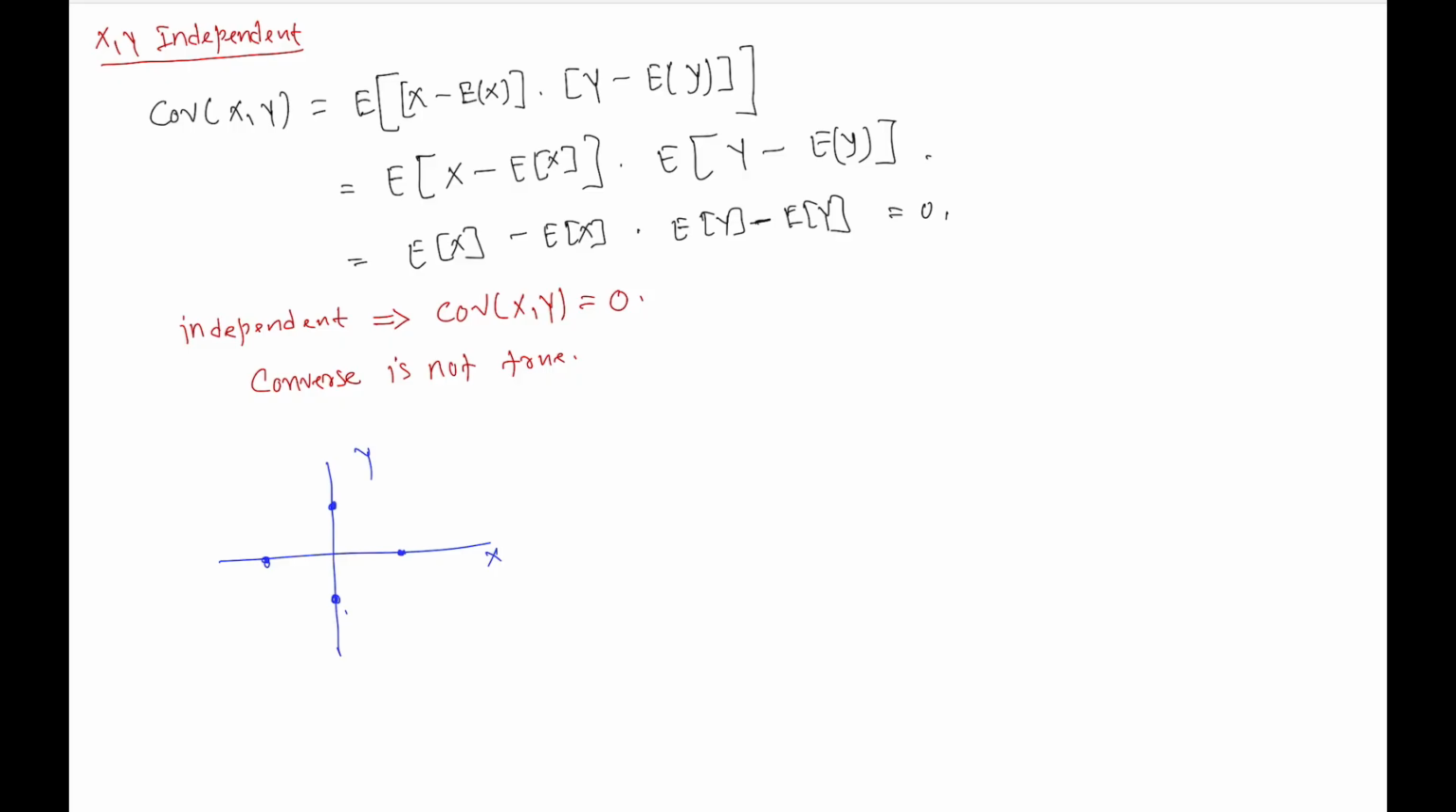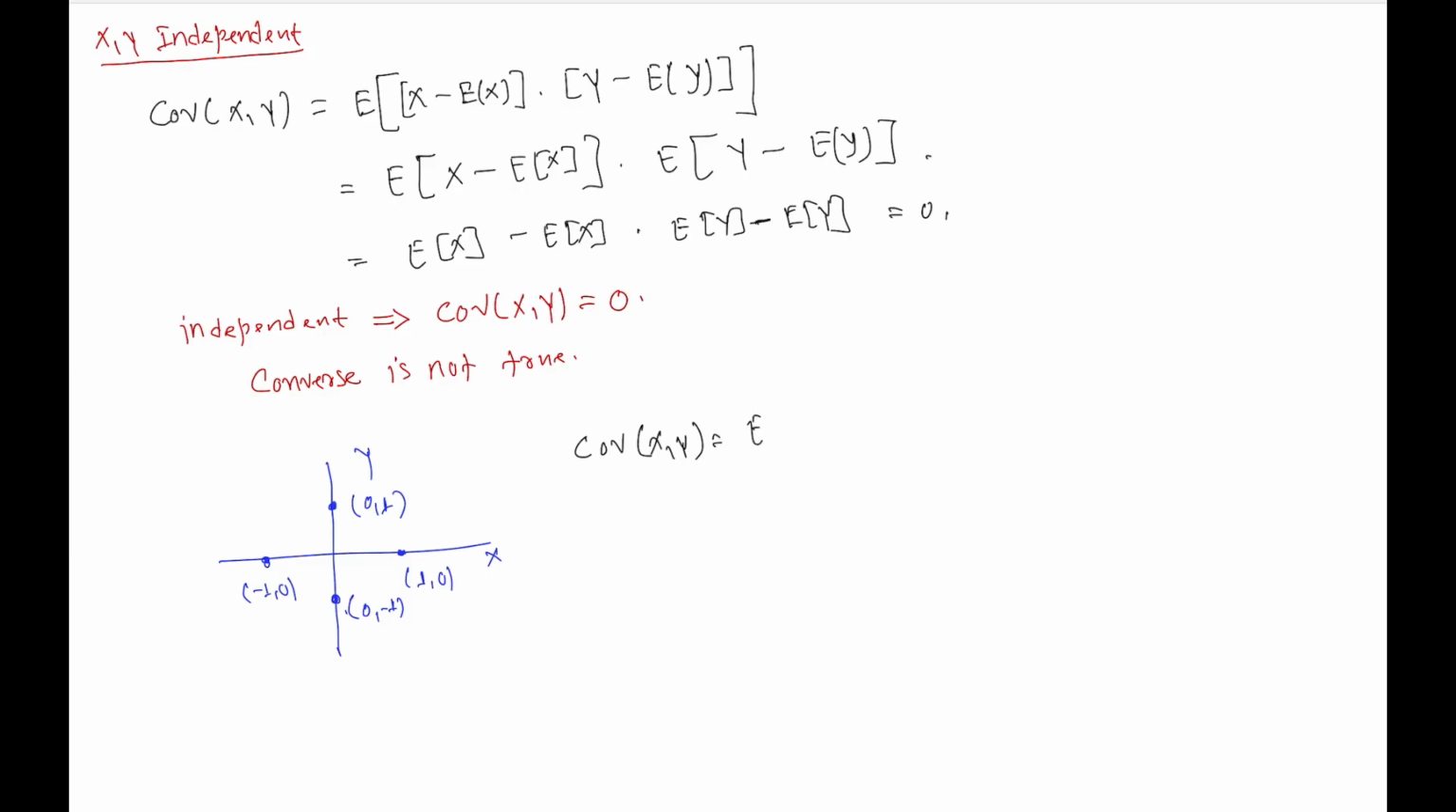So you have 4 samples: x takes the value 1, y takes the value 0; x takes the value 0, y takes the value -1; x takes the value -1, y takes the value 0, right? Now let's try to find the covariance here. So the covariance is